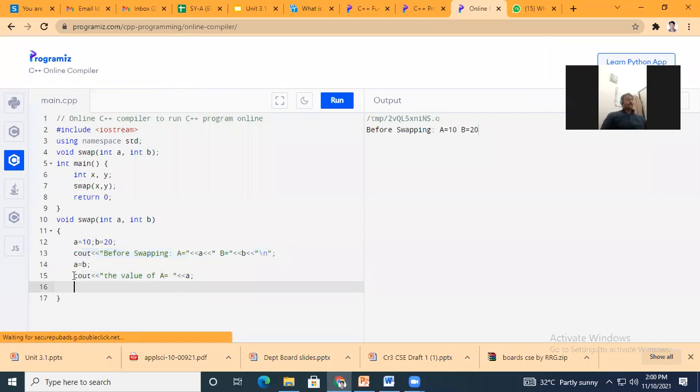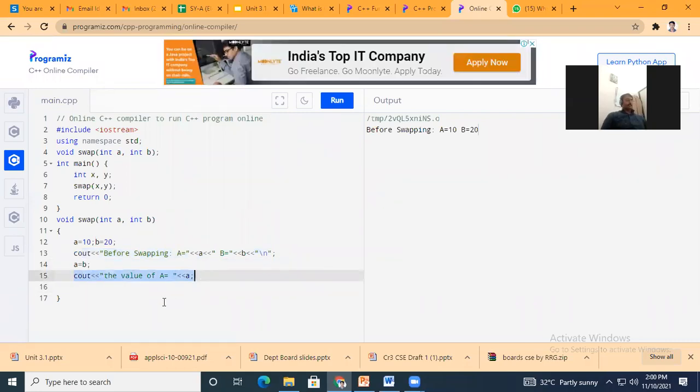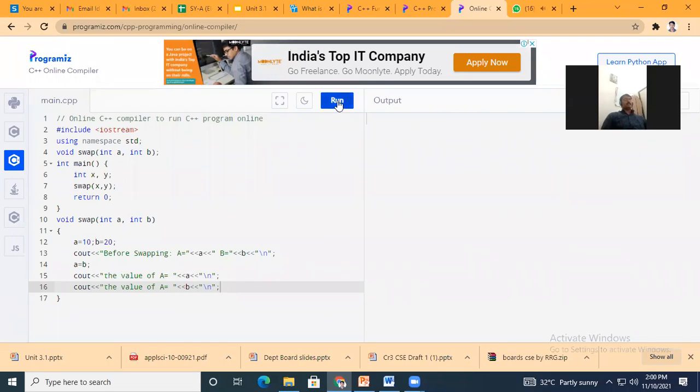Similarly, I will go for the value of b variable, slash n. Okay, and I will try to execute it. Now check, the value of b is assigned to a.